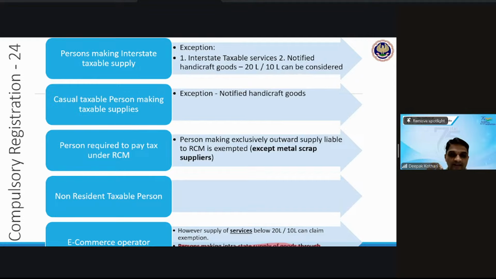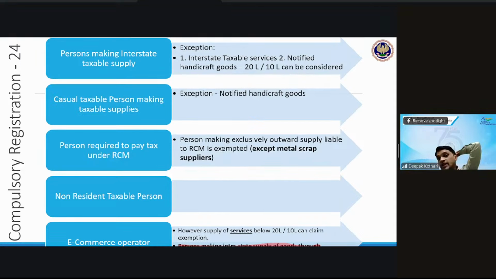So right answer, yes, you're right, Miss Steffi, that now it is not just e-commerce. There is something called local commerce, right? Like Instamart, Blinkit, Swiggy, Zepto. These people supply within a limited range. They do not supply outside the state. So if you are supplying goods through them, then you know for sure that you will supply only within the state. So for such people, they have come up with this exception, where you are dealing with quick commerce. Apart from e-commerce, there's a special category called quick commerce.